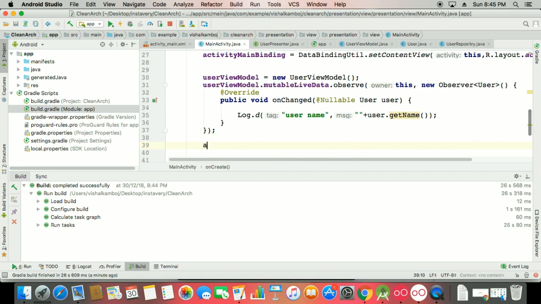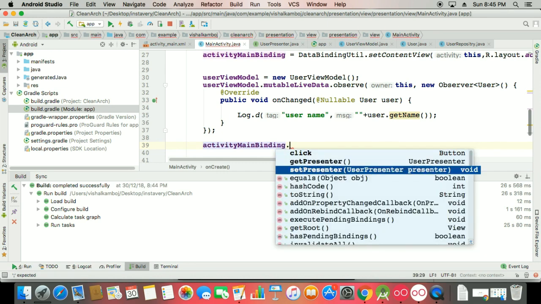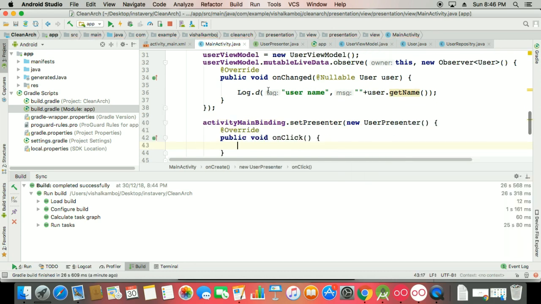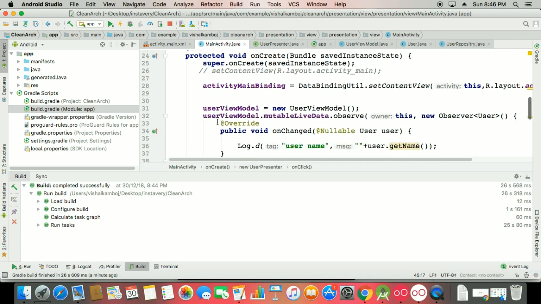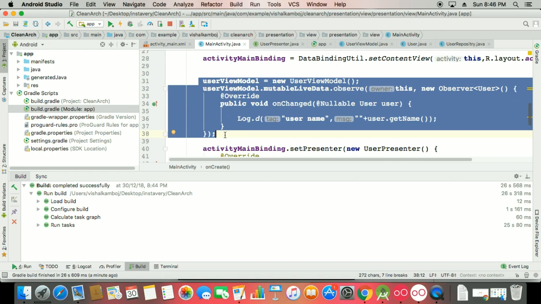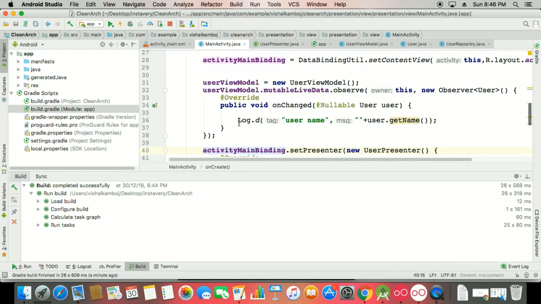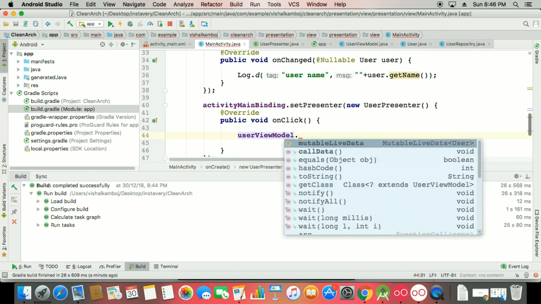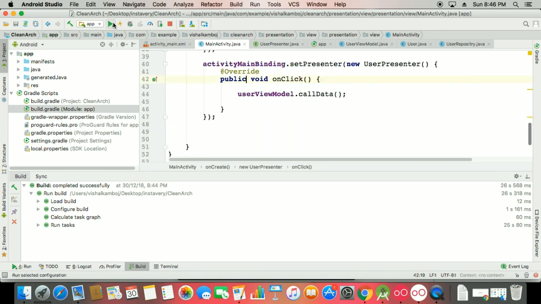Okay, so let's see, this is your activity main binding dot set presenter, new user presenter here, and on click what to do, you just call these things, that's your user view model dot call data. Okay, and here you can call that function.